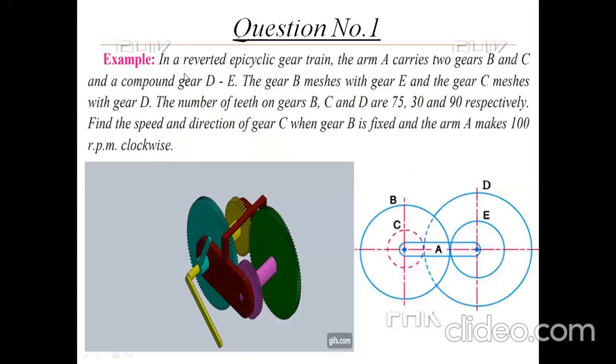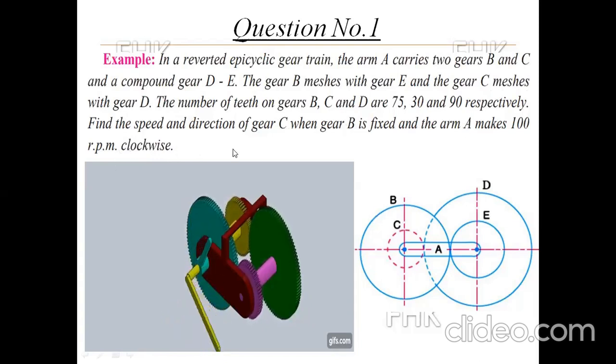The problem statement is in front of you. In a reverted epicyclic gear train, the arm A carries two gears B and C and a compound gear DE. The gear B meshes with gear E and the gear C meshes with gear D. The number of teeth on gear B, C and D are 75, 30 and 90 respectively. Find the speed and direction of gear C when gear B is fixed and the arm A makes 100 revolutions